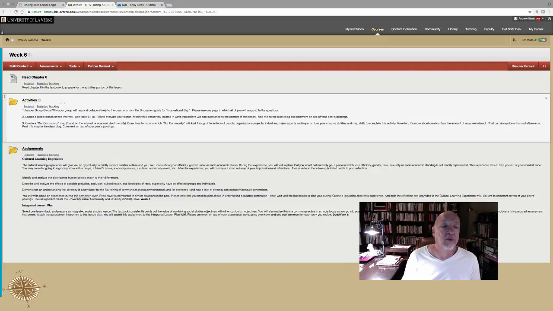Last but not least, you're going to create an "our community" map. This is found on the internet, or you can scan it electronically. You're going to draw lines to nations or to places outside your community. So you're going to create a map of the community where you live. You're going to find one, and then create lines, and find ways it's linked to other nations. Maybe through interactions of people in your community, maybe it's organizations, projects, industries, churches, restaurants, major